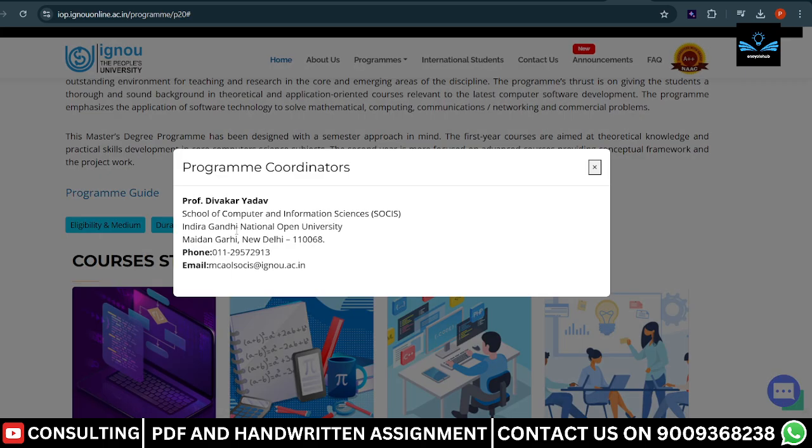Now here we are discussing program coordinators. The program coordinator can differ according to your regional center. If you are from another state, the program coordinator will be different. So from New Delhi, the program coordinator is Professor Devakar Yadav, and